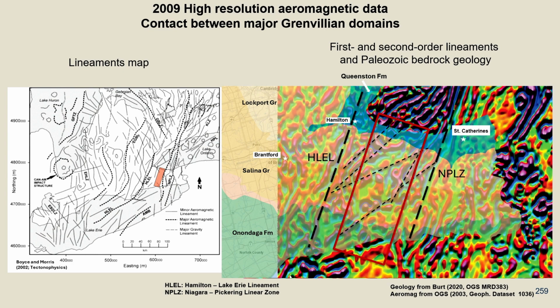If we put the geological map over this geophysical survey, we have two major first-order lineaments that have been recognized, not only in this study, but previously. This is the HLEL, the Hamilton-Lake-Erie lineament, to the left, and the NPLZ, the Nipigon-Pickering lineament zone. These two are major first-order magnetic lineaments, in between which we do have the anomalous domain and a